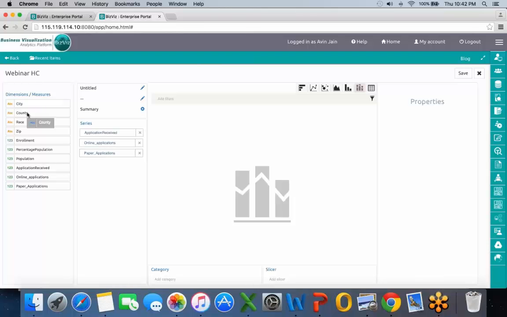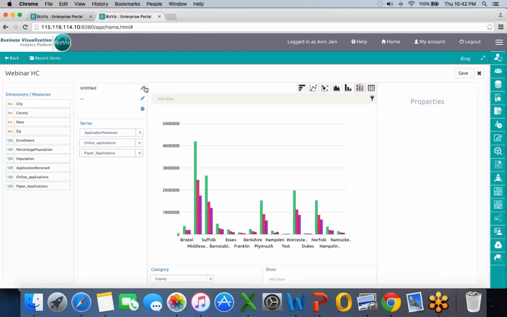So I will say applications on the basis of online and paper. Okay, that's good, but this does not give me a very good view because applications is one dimension, and how many of them are online and how many of them are paper is another dimension. So I will make this chart a mixed chart,